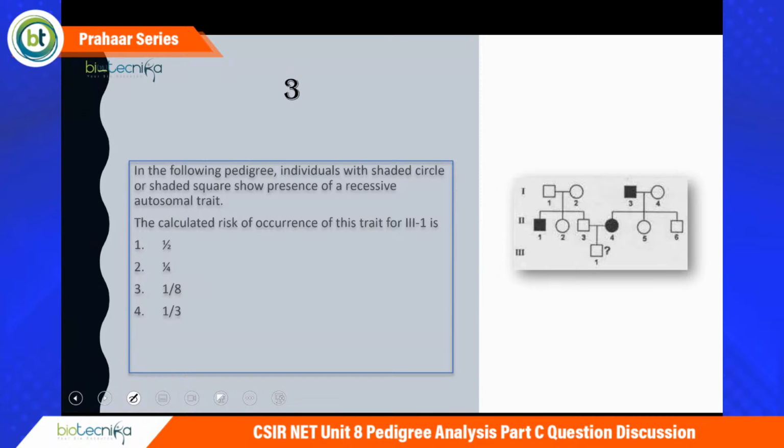So in the following pedigree, individuals with shaded circle and shaded square show the presence of a recessive autosomal trait. The calculated risk of occurrence of this trait for 3-1 is. So 3-1 कौन है? ये यहाँ पे जो question mark डाला हुआ है, ठीक है? So first of all, we have to find. So it is already given that the trait is recessively autosomal trait. Okay, it's autosomal recessive. Now हमको calculate करना है इसका